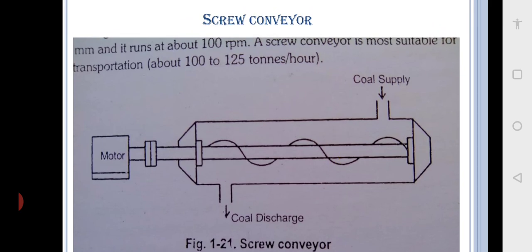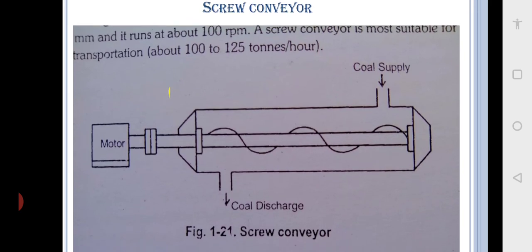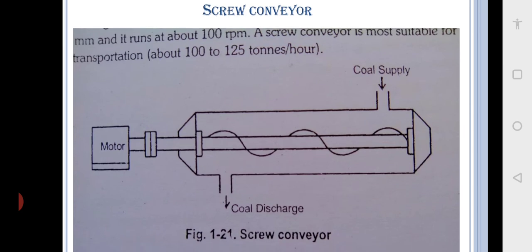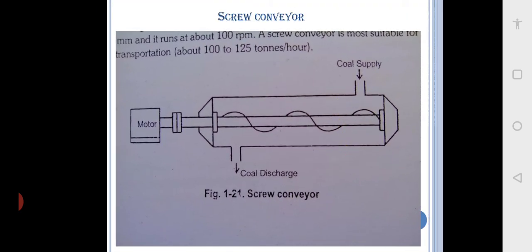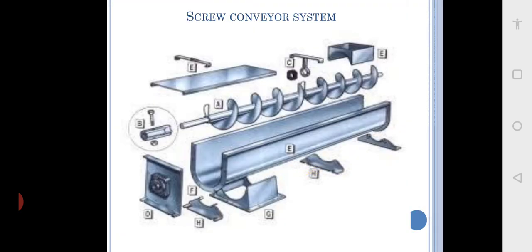Then you have got screw conveyors also. So you can see a screw, like a nut and bolt arrangement. The motor is coupled, and the screw is rotating continuously. From the top coal is supplied at one place, so it is moved to the next place. This is not used for such long distances, but used for heavy loads, like 100 to 125 tons per hour. Conveying the coal for shorter distances, this is also used. So these are the various components of the screw. You can see the center screw is there, and it is driven by a motor. Okay.